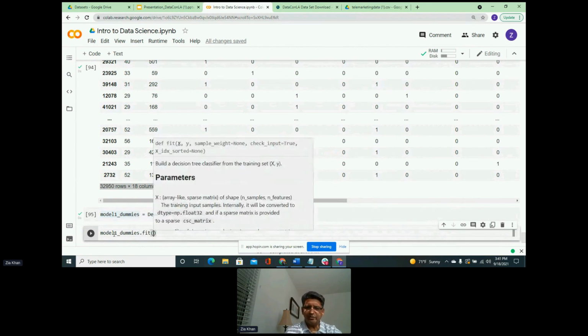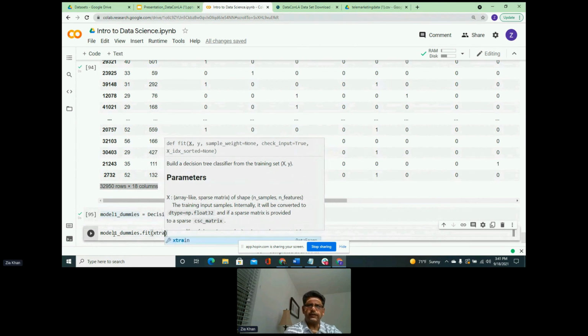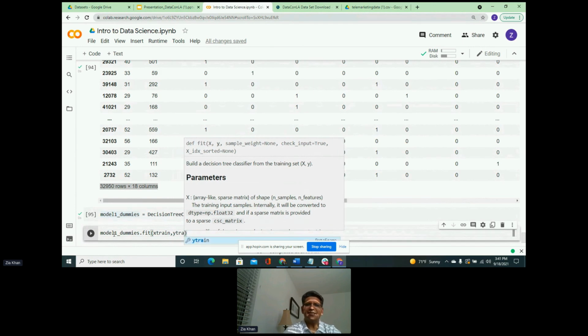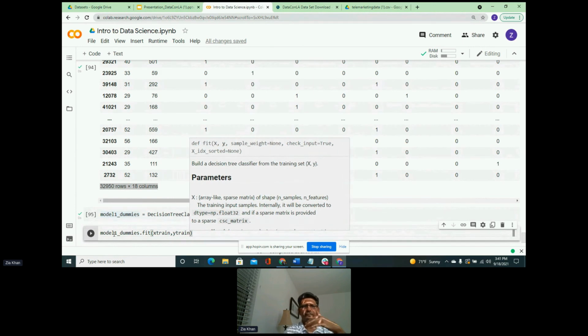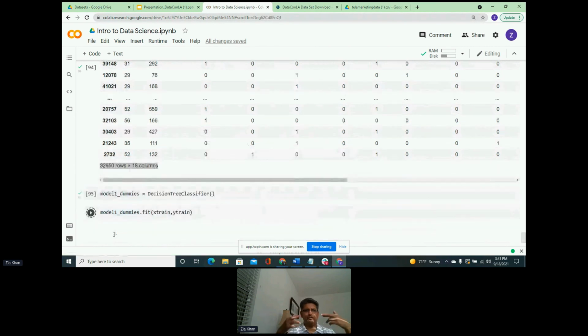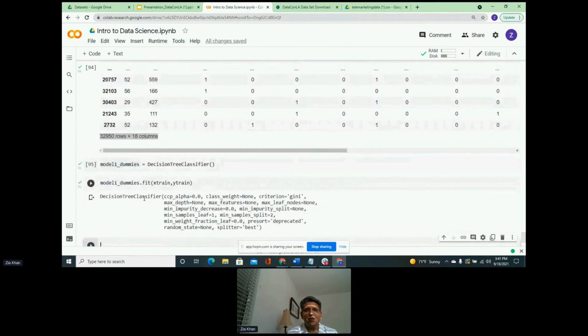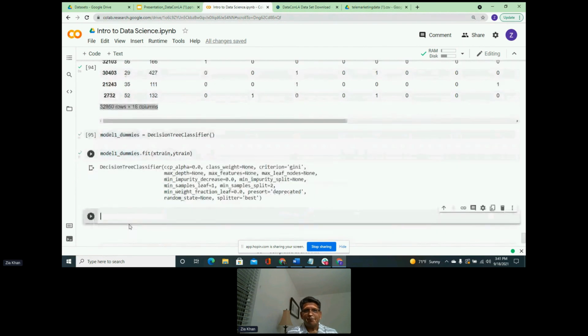And what do we need to fit on? The training data for independent variables, and then the training data for dependent. And we feed it to the algorithm, and we cross our fingers that hopefully the results are going to be good. So the algorithm trains.